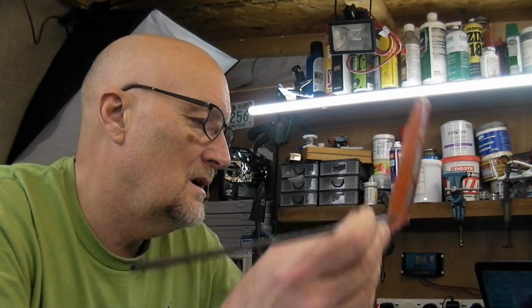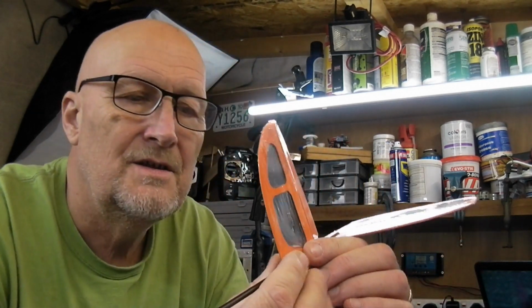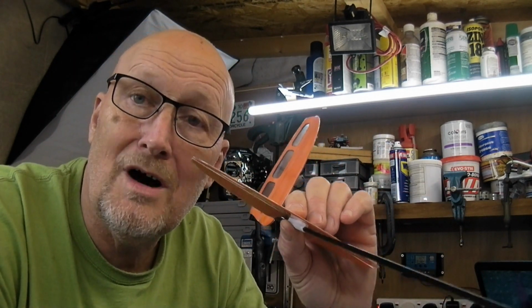So the idea is I'm going to just stick that on there like so. That's going to go on there, and at the moment it's free running. I'm not doing any gluing. So then make sure I've got my elevator set up, and then once I'm happy with that, what I think I'm going to do is, these will all get glued in place, but what I am going to do is